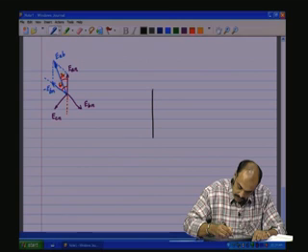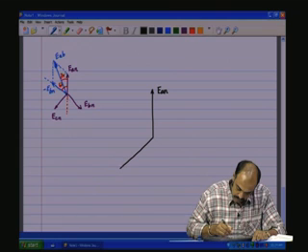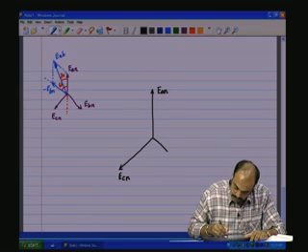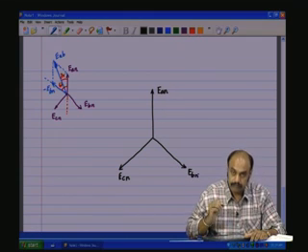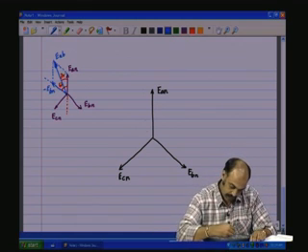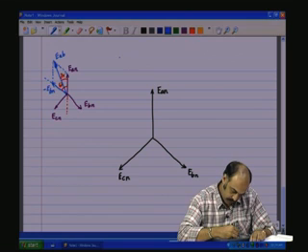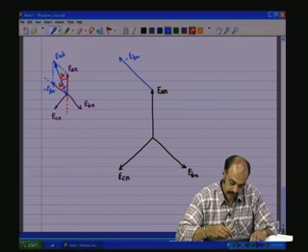So, I have EAN, this is ECN, this is EBN. So, I am going to take EBN negative. So, the EBN negative will be, this is minus EBN, and the resultant of that